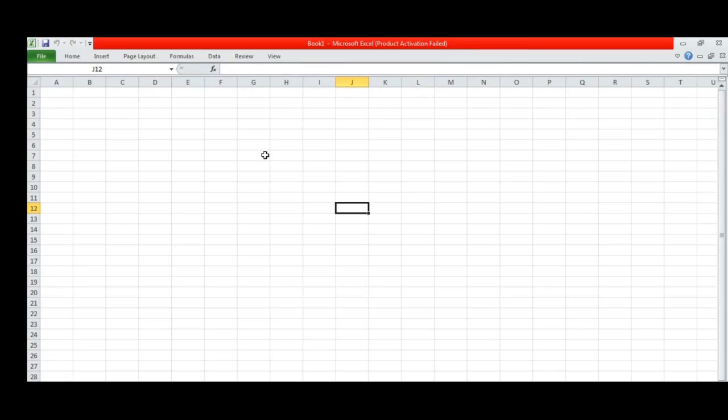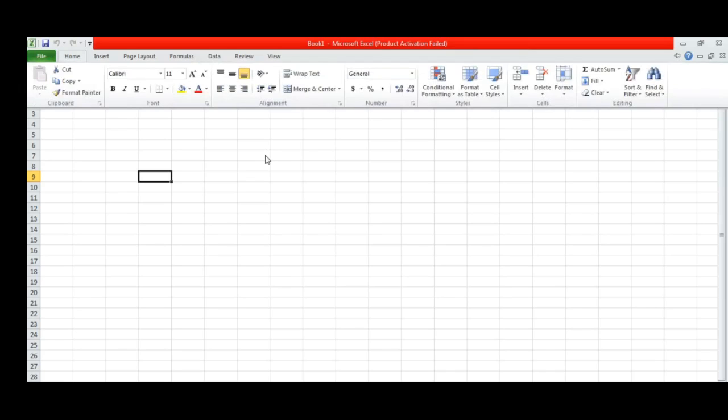That is called the cell address. Suppose I click on this cell, then the address of this cell is C6. Now I will click down. Now the address of this cell is D9, which means each and every cell in Excel has a specific address. Now we'll see again.